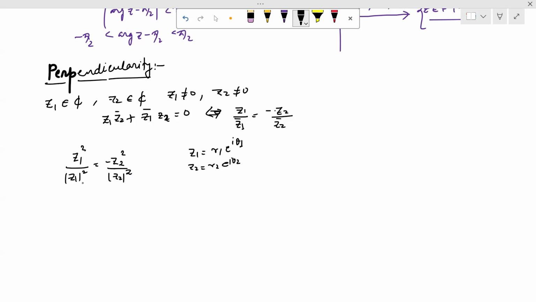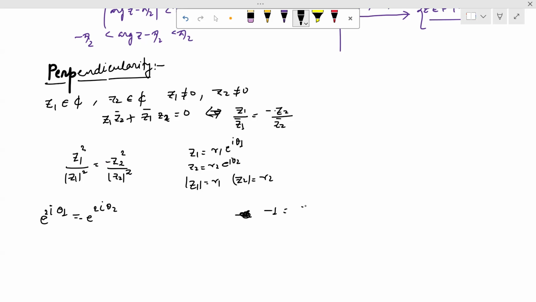If I use this, and I know that mod Z1 would be simply R1, and what would be mod Z2? It will be simply R2. And if I square it up, I'll simply get e to the power iota 2 theta 1, and e to the power negative 2 iota theta 2. And always remember,